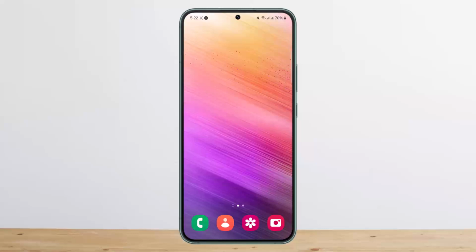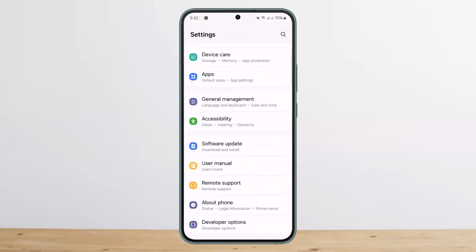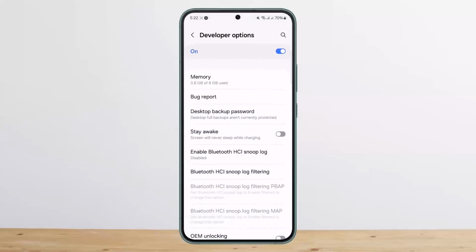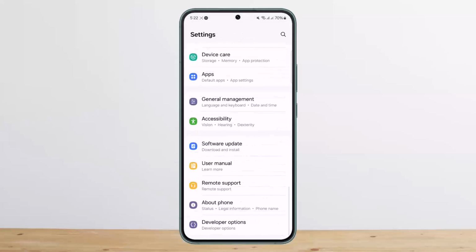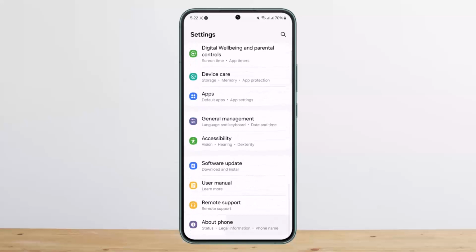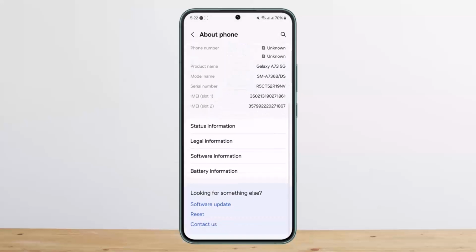Now first things first, you want to head into your phone settings. Once in settings, you want to scroll all the way down and head into the About phone option. You can see my developer options is already enabled, but I'll just disable it real quick here. So you can see it's disabled now. So it's gone, right? So you want to tap on the About phone option, scroll down,